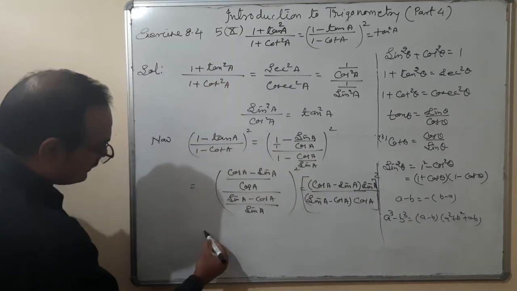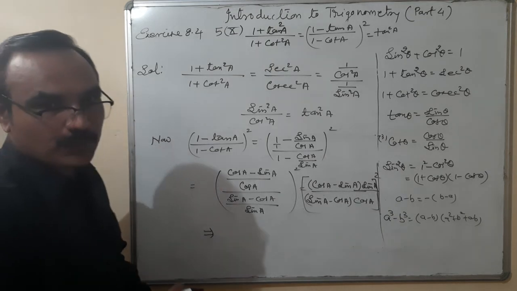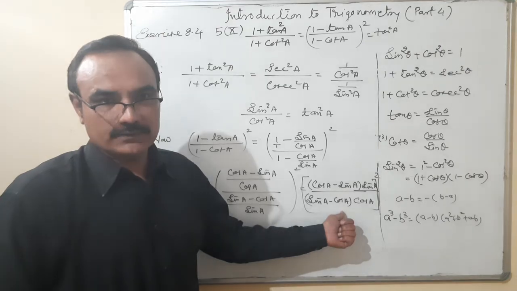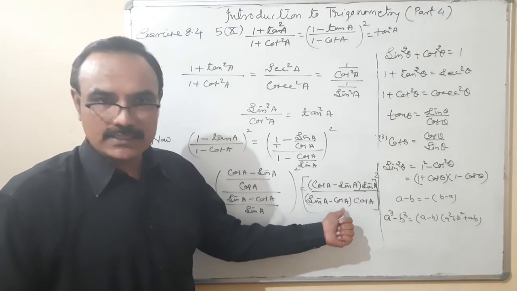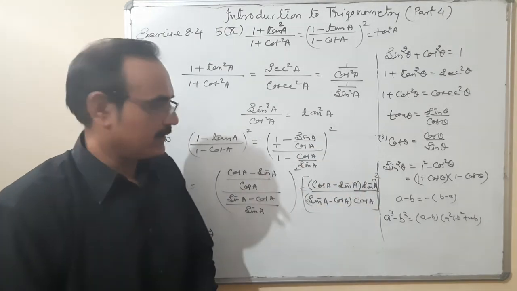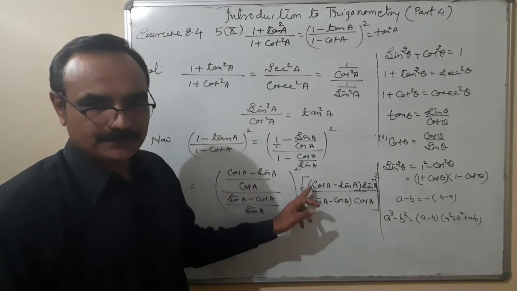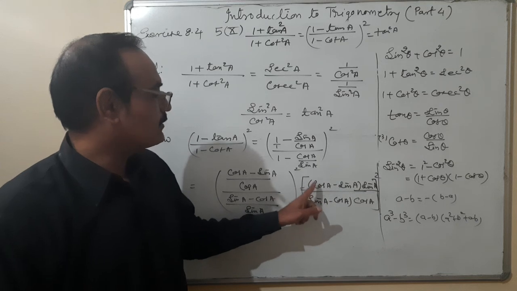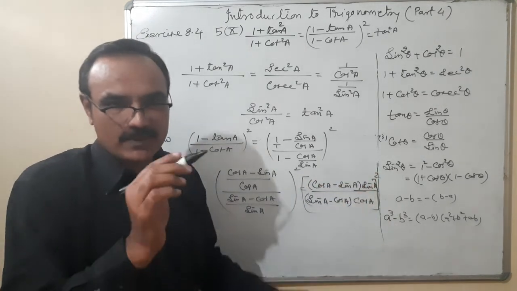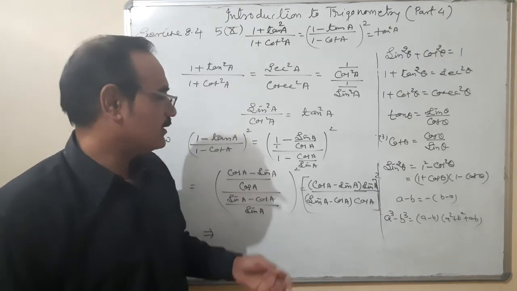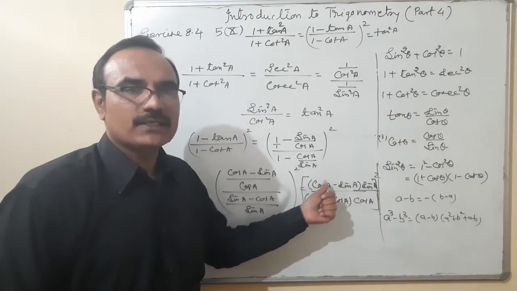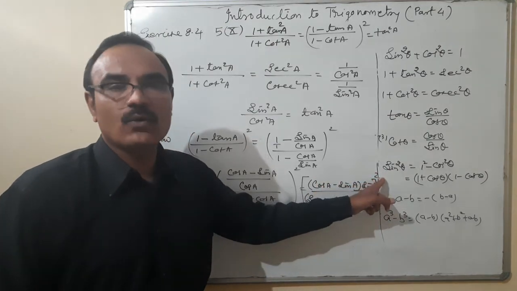Okay. Here let me tell you one thing. Cos A minus sine A and sine A minus cos A. Will they be cancelled? Yes, they will be cancelled if I write sine A minus cos A in the form of cos A minus sine A. So I'll take minus sign common. Now minus 1 is common, and minus 1 with whole square. That means minus 1 whole square is plus 1. So cos A minus sine A can be written as sine A minus cos A if the term is there in the whole square.